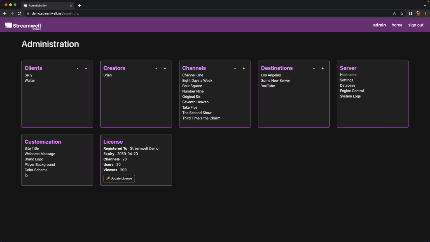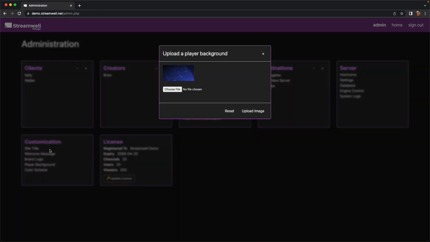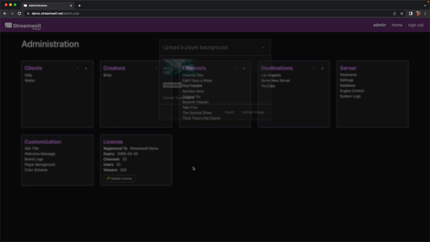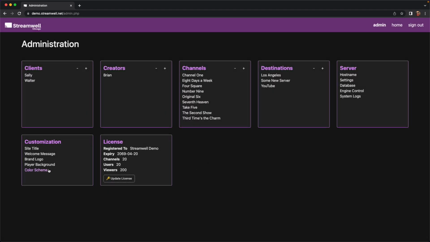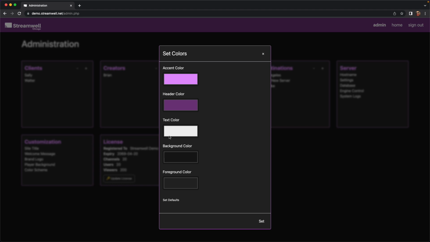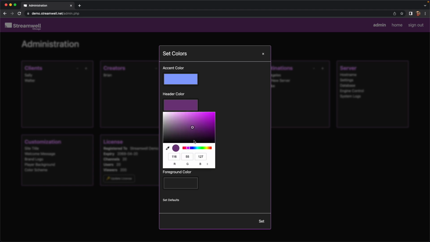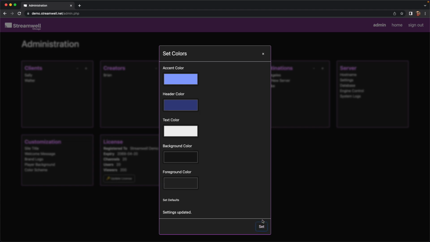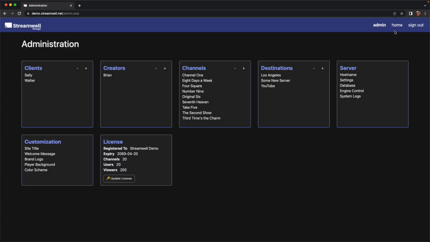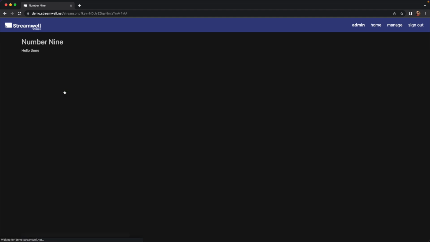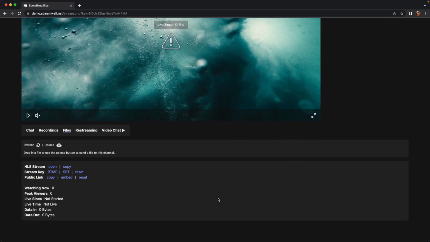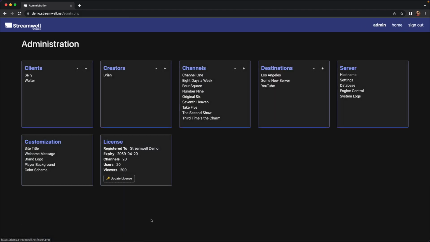Here's my welcome message again. Of course, you can customize the player background. So if I've got a different default image I want to show behind the player, I can just drag it on there. And there you go, we've got a custom player background. And of course you can customize the color scheme. So for instance, if you want to change the accent and header color to be a little more on the blue side. There we go. Beautiful, couldn't have done it better. So that, and with the player background, you can see how it's possible to put any corporate identity you want